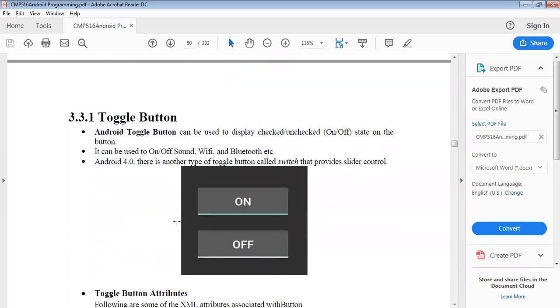Next is the toggle button, meaning on or off, where the button is enabled or disabled. The Android toggle button can be used to display checked or unchecked states, just like on and off. It can be used to turn sound, Wi-Fi or Bluetooth on and off. In Android 4.0, another type of Android button was introduced, called a switch, which provides a slider control.